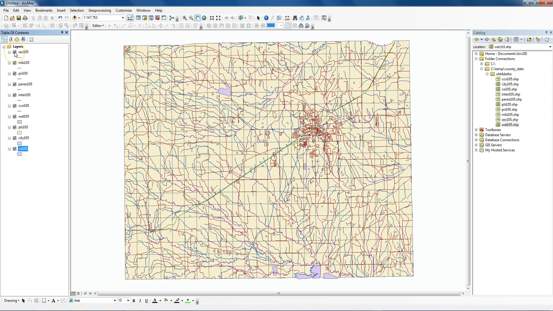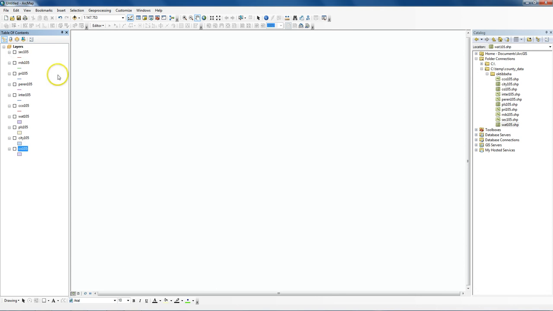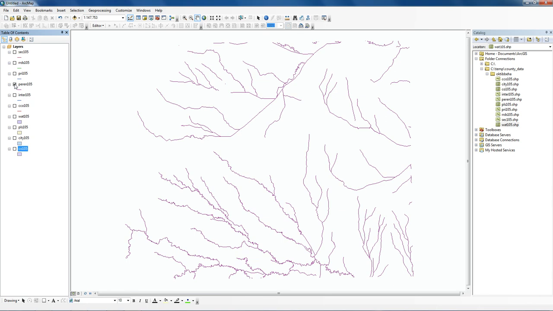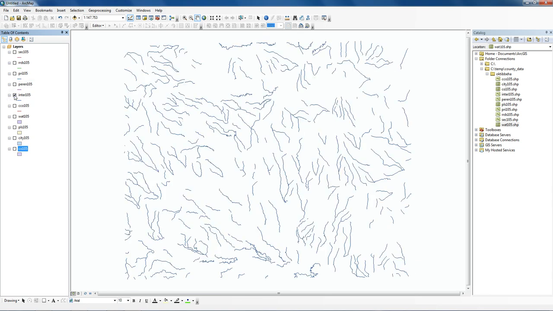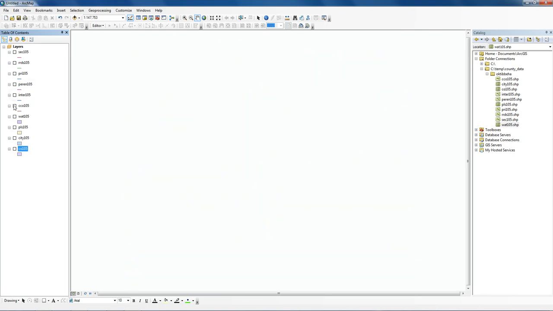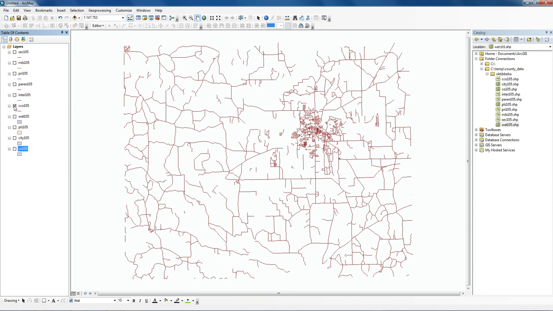So if I want to turn all these layers off at the same time, I'm going to hold down my control key and turn one of them off by clicking on the checkbox. Turns them all on and off at the same time if you hold down the control key. So one at a time we can view secondary roads, railroads, primary roads, perennial streams, intermittent streams, county roads,